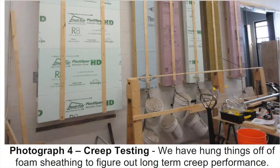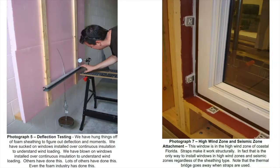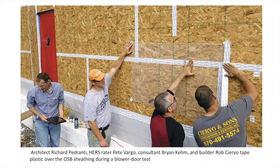But if you're going to use outsulation, thank goodness for guys like this who test the deflection of things like the fasteners that you would use to fasten the rigid insulation and strapping to the outside of your house. I don't know, hanging buckets of concrete, is that scientific? I read this article maybe 2 months before I started the 2015 High Performance House project, and I spoke to